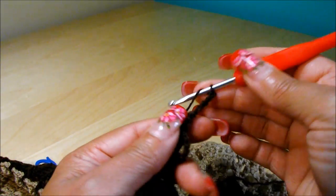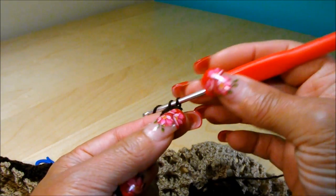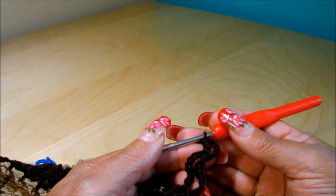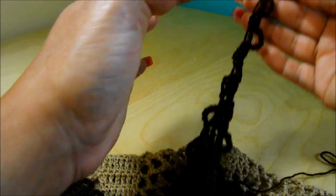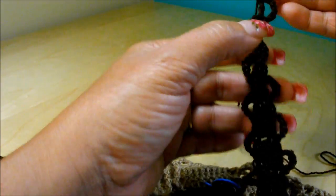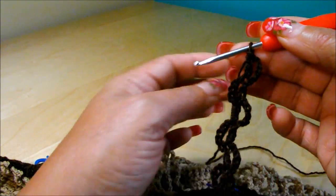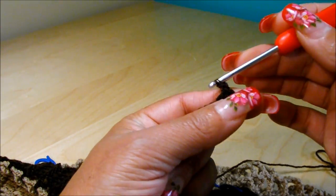Turn my work around. Now I'm going to do a double crochet, but now instead of chaining 5 to turn my work around, I'm going to work to turn my work back down the strap. So you have to count. You have 1, 2, 3, 4, and 5 other loops, and then the one that's going to be number 6, you're going to chain 2 for separation,